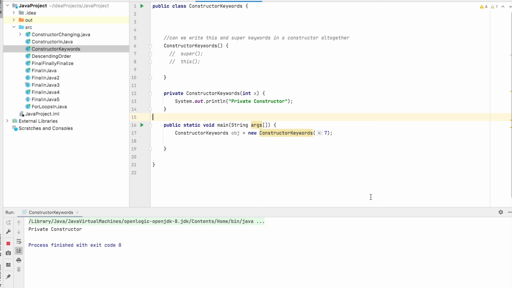So today we have discussed all four scenarios. The first one: can we use super and this keyword together in a constructor? The answer was no, it will give us a compile time error. The second question was how to copy the value of one constructor to another, and we saw how we can do that. The third one, we saw how to achieve constructor chaining with an example. And the fourth, can we declare a constructor private and what is the use for it. So these are the four basic frequently asked questions related to constructors.